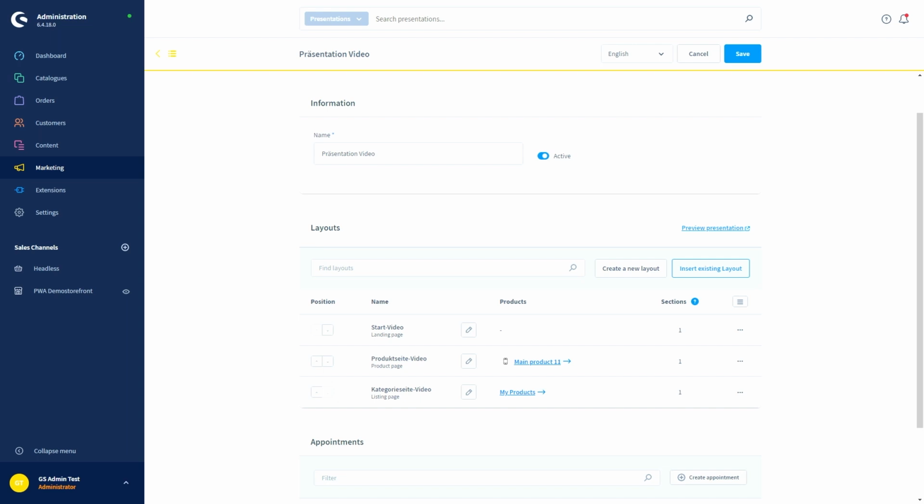In the layout area, you could start with creating a new layout. This button takes you directly to the designer of the shopping experiences.